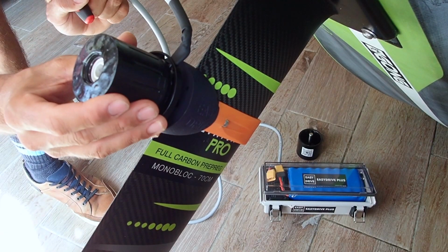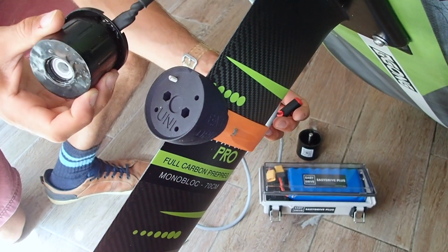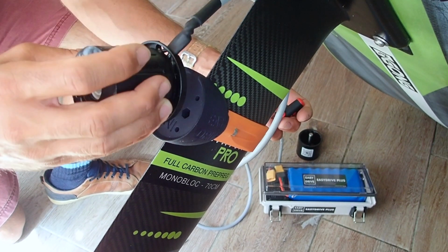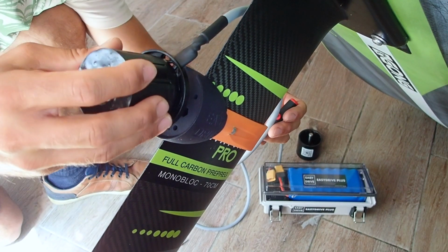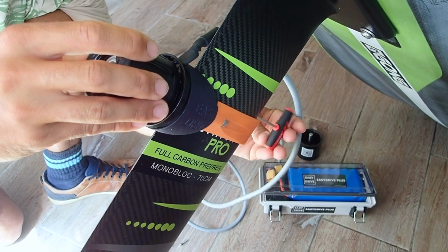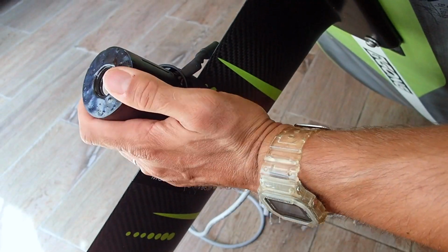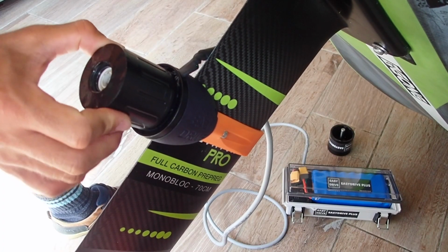We're gonna have to install this piece here. As you see, it's very important to have this part of the cable up because it's gonna go to your board. If you have it down, it won't work. So there we go. Now that the propeller is attached correctly,